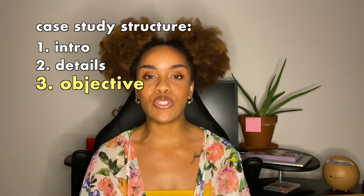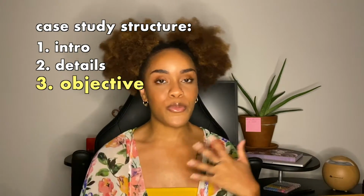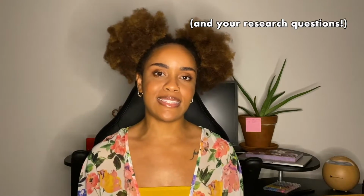Next, we go into the actual objective of the case study. So now that we've set the scene and we've gone through the details of the project, just putting it out there, what's the issue that you're solving for? What were your goals? If you're doing a UX research portfolio, if this is a research case study, what research goals were there in addition to the business goals? This might be where you're inserting your hypotheses too. This is basically the section that many label as the problem, except I don't call it the problem because I